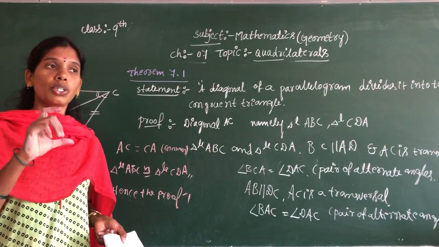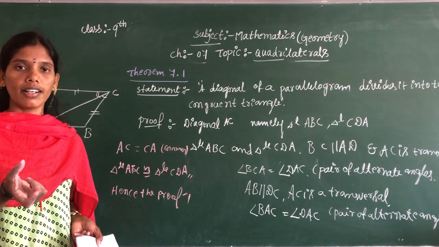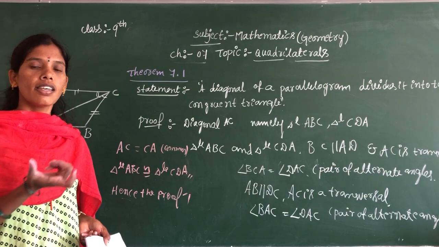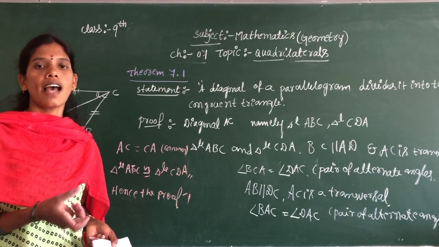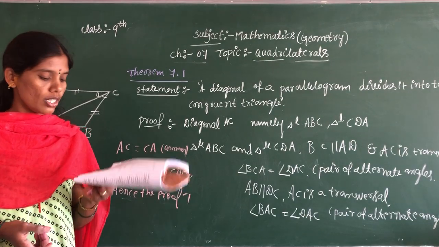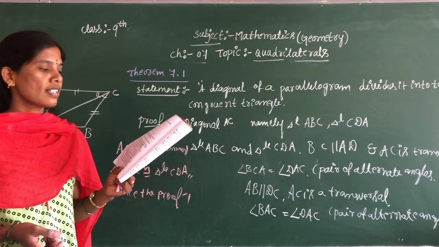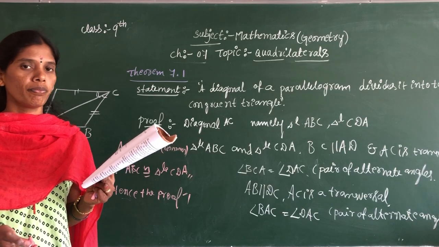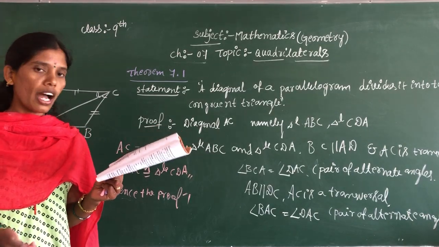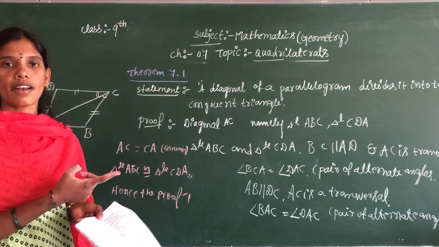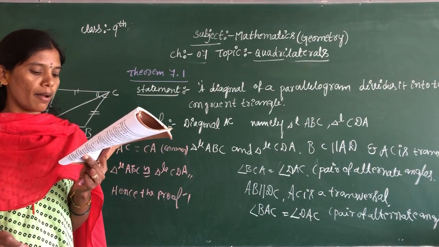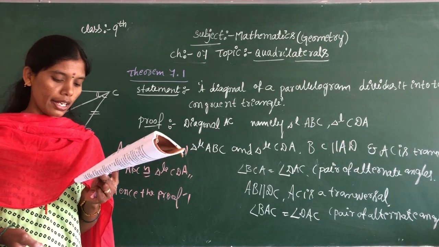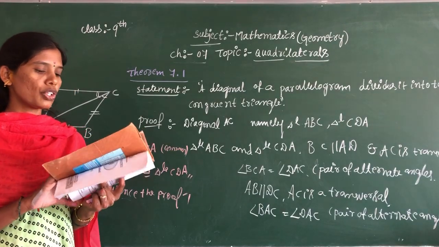Okay, so the two triangles are also congruent. Yes. Why? Because these two triangles have the same shape and same size. Okay, children. So this is which one? Theorem 7.1. Now next we shall move to that. Have you understood this? Yes. So theorem 7.2, in a parallelogram, opposite sides are equal. In any, you should take any